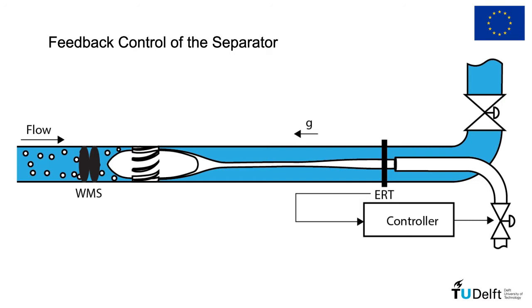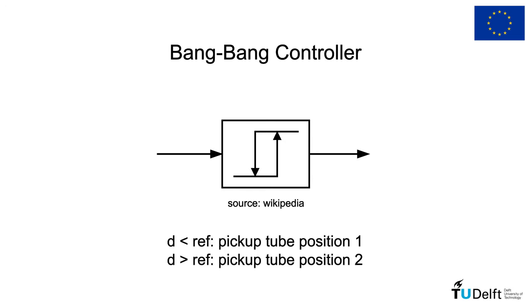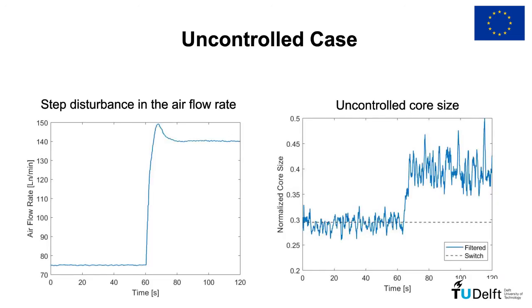The controllers are validated against disturbances in the airflow rate in the loop. The first feedback controller explored in the analysis was a bang-bang controller. The bang-bang controller corresponds to a simple switch between two pickup tube valve positions, based on a certain threshold in the core size. If the valve is kept 50% closed, which is ideal for a low flow rate of air, we observe that the gas core grows in size if a step in the airflow rate is made. When this happens, the core gets too wide, and air is lost to the water outlet, resulting in a poor